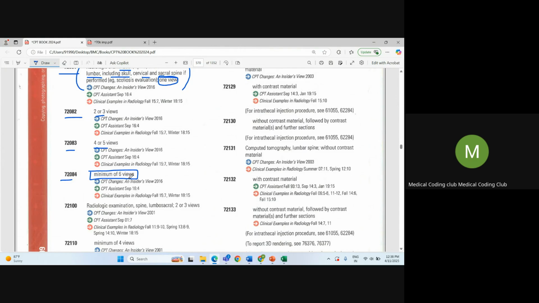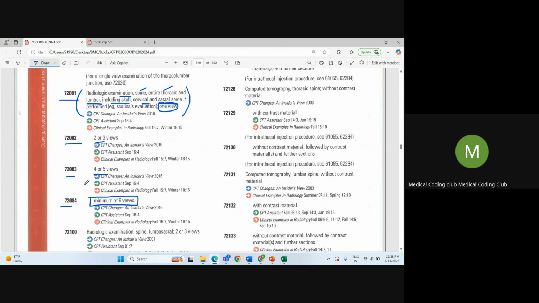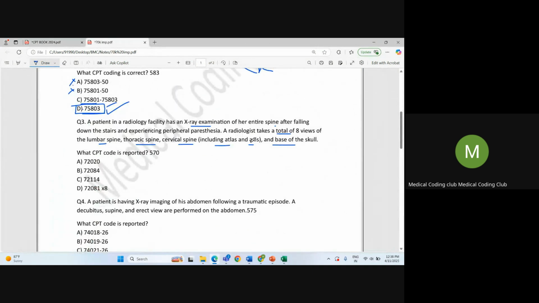So the meaning of this code is, if you get a minimum of 6 views or more than 6 views, you will select 72084. In our question, the total views are 8 views. So for 8 views, including all this area, the correct answer would be option B,